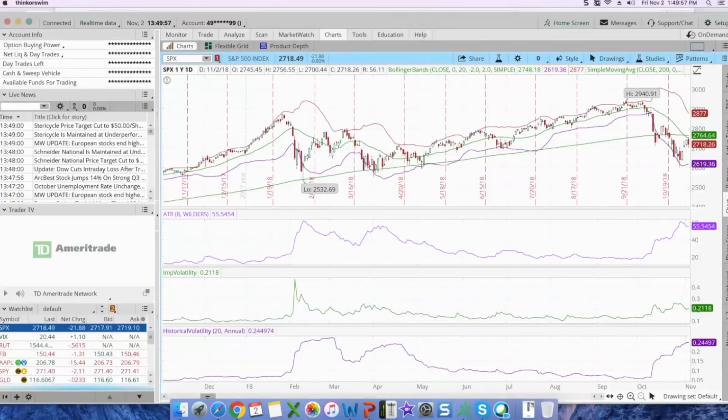Matt says, aren't the slippage and commission costs on short-term trades significant as a percent of margin? Aren't the slippage and commission costs on short-term trades significant? No, I mean, again,